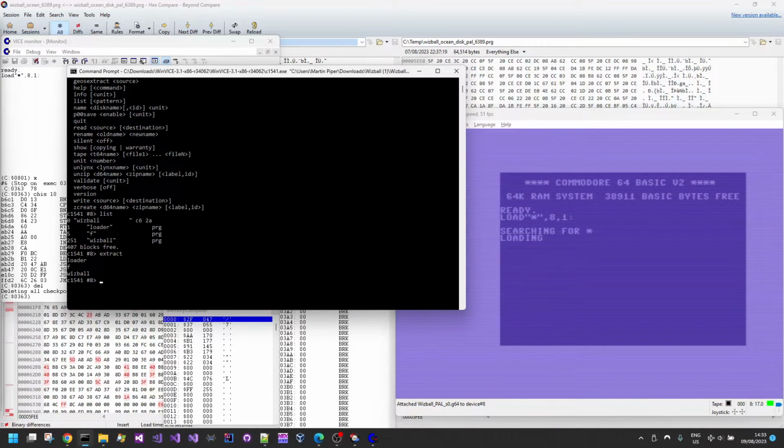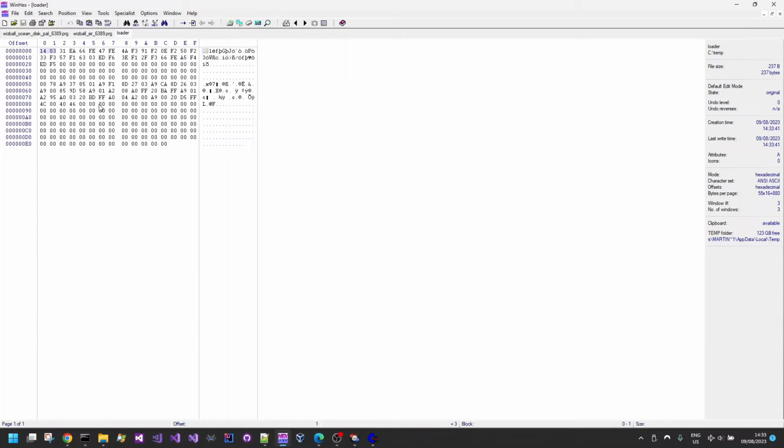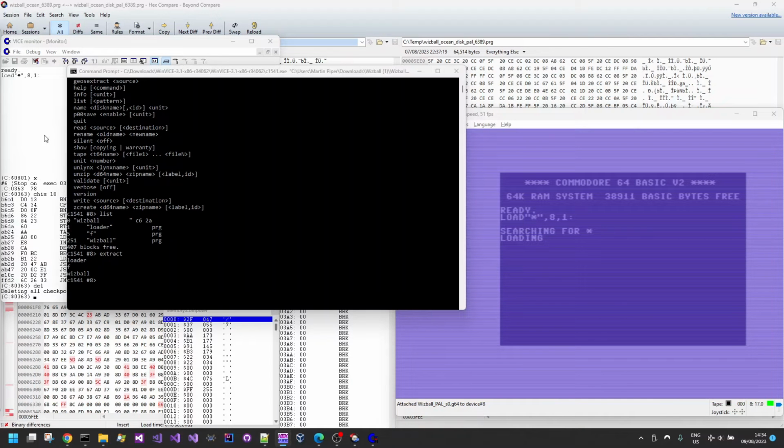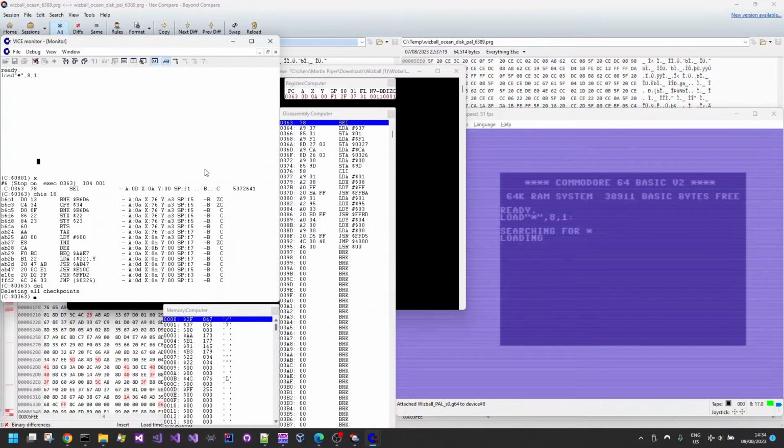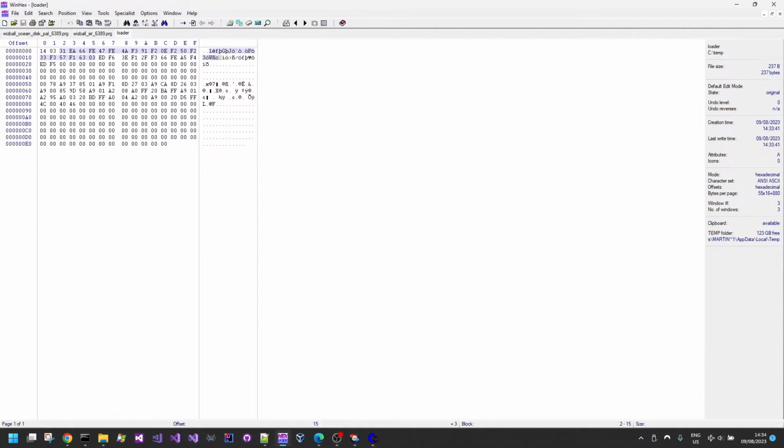Loader, F, and Wizball. So this is what loader does. It starts loading data at 0314 in hex. It then has a whole bunch of values that I would normally expect to see in the vector table, which is around about 314 in hex. And then the last address here, 0363, or that's low and high byte ordering, of course, which